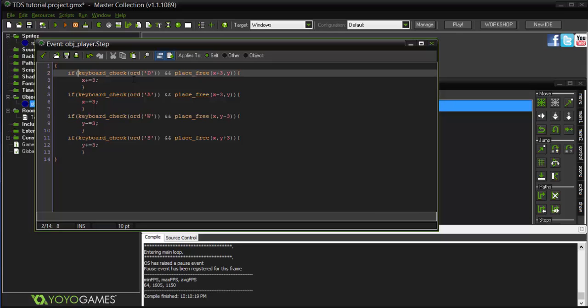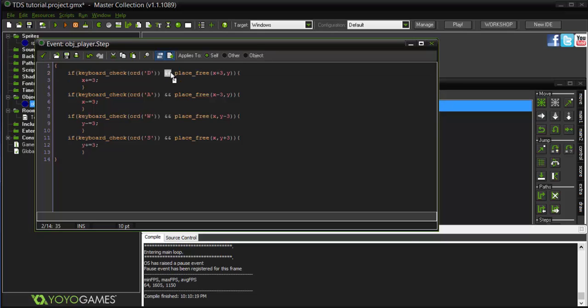This is your if statement, if you press the ord D on the keyboard. Make sure this is capital. If it's not capital, then it won't work. So if the button D on the keyboard is pressed,